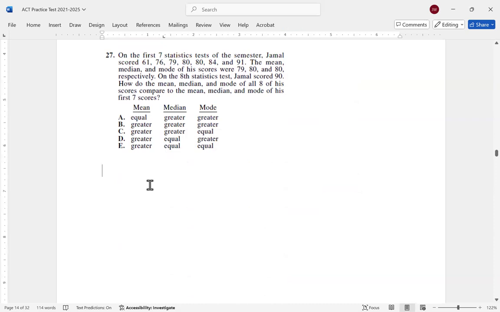Question 27. On the first 7 stats tests of the semester, Jamal scored 61, 76, 79, 80, 80, 84, and 91. The mean, median, and mode of his scores were 79, 80, and 80, respectively. On the 8th test, Jamal scored 90. How did the mean, median, mode of all 8 of his scores compare to the mean, median, mode of his first 7? Well, the mean is going to be greater